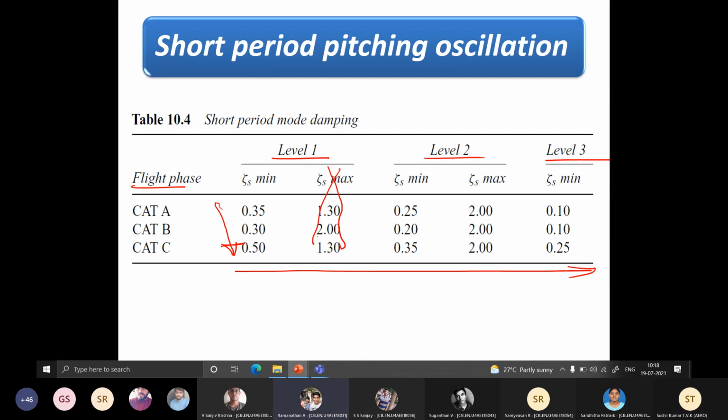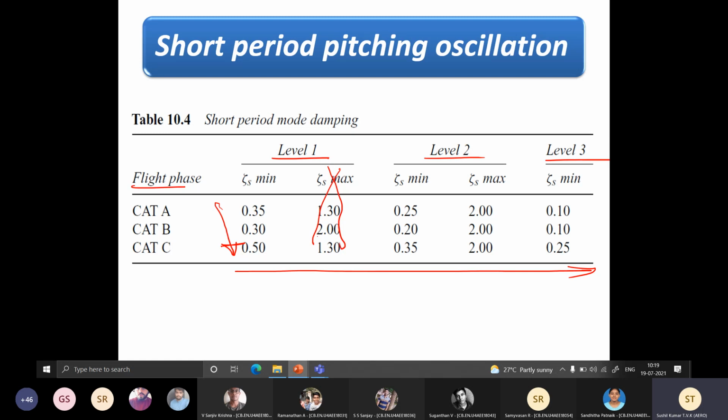Sir, the less damping ratios imply that the damping is very less. Very less, yes. So maybe it takes more time to get damped. That's fine. You are talking like a politician. Now you tell me, looking at the table, why it is so. Sir, maybe level 3 states that it is somewhat... Good. Level 1 is very good response, which means you don't want the aircraft to oscillate. Level 3 is definitely a deterioration in the response. So that's why it is decreasing.